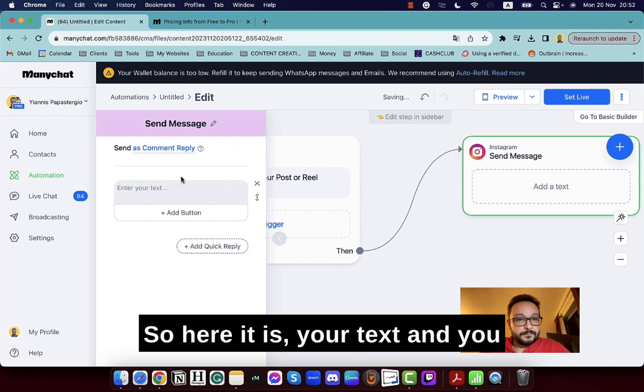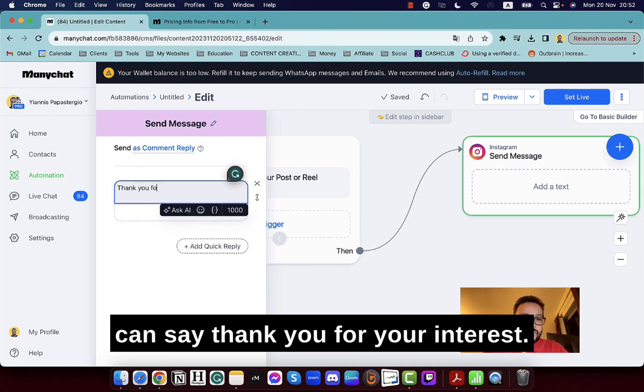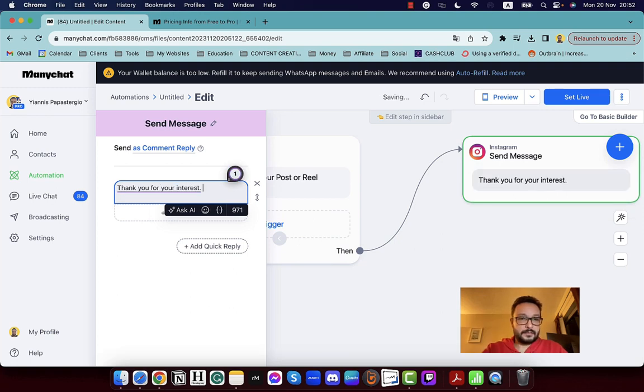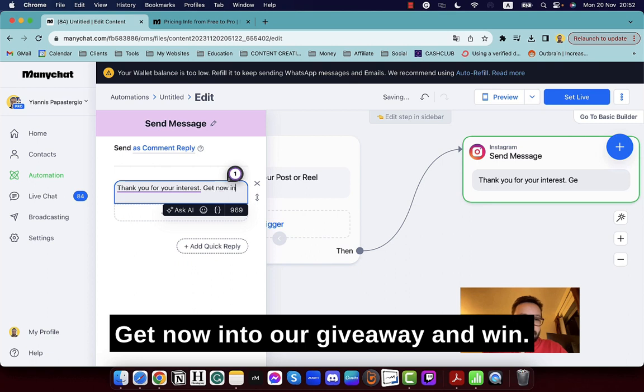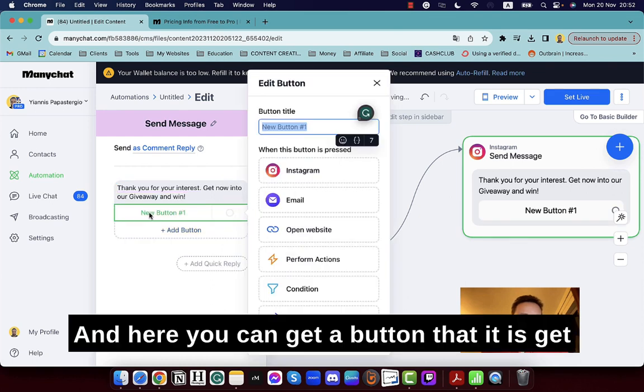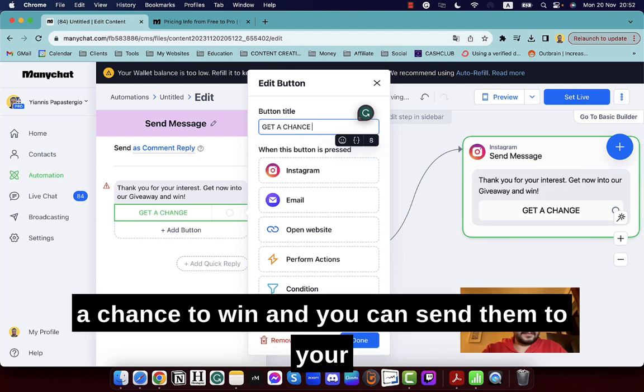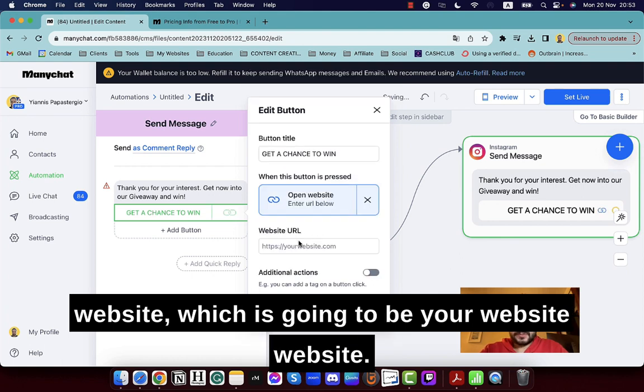So here it is, your text, and you can say thank you for your interest, get now into our giveaway and win. And here you can add a button, get a chance to win, and you can send them to your website, which is going to be your